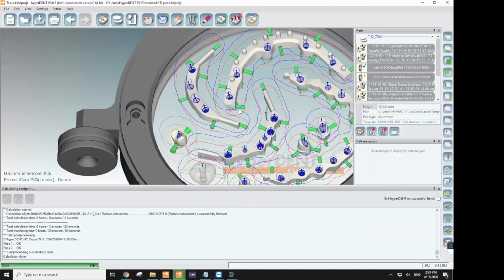Okay. Great. One other question we have here. We have somebody wondering, where can we see the burrs or cutting tools that you have on each strategy and the position for them in the milling machine? Okay, so position for them in the milling machine, that's all going to be on your machining side. That's not really going to be dictated too much on HyperDENT, or at all, really. As far as the tool types and what's going to be used for each job, that's all going to be in your tool paths. So if you have template editor,